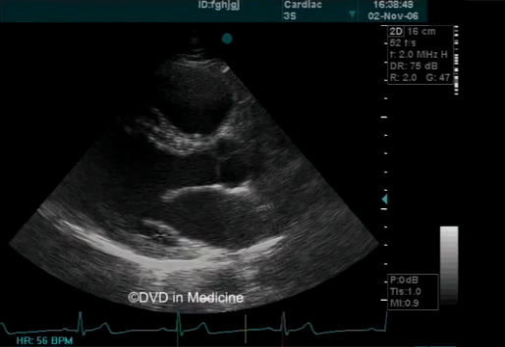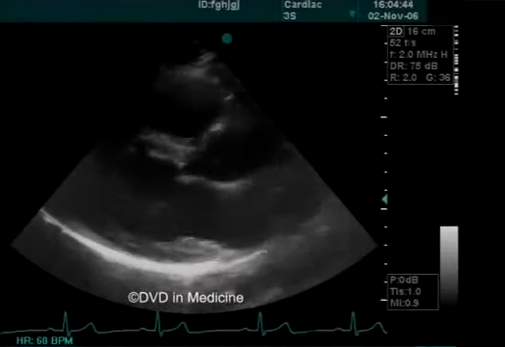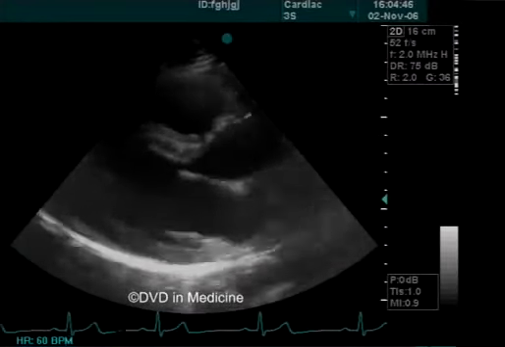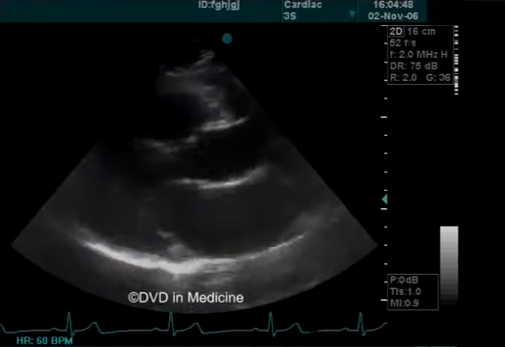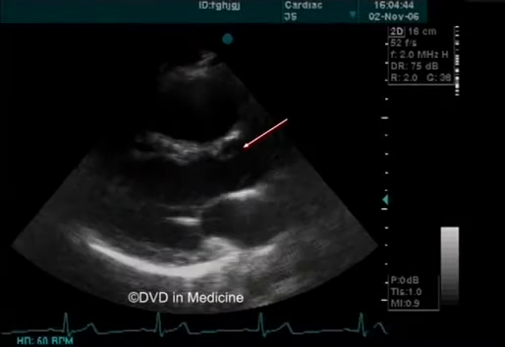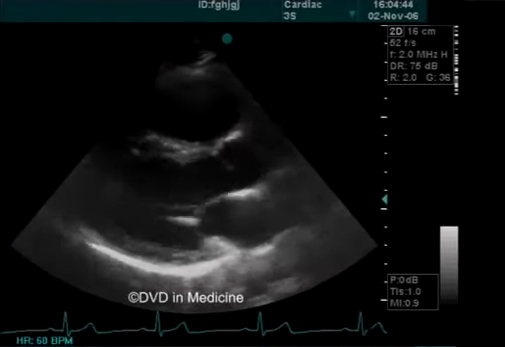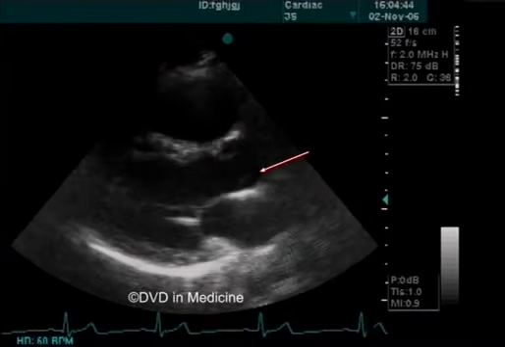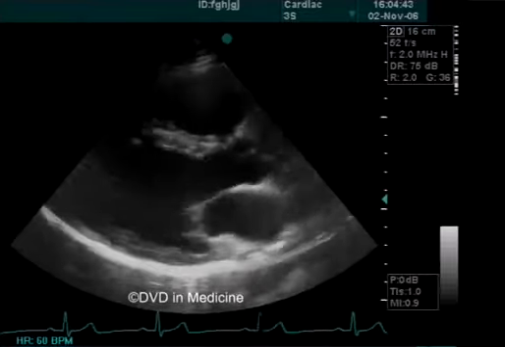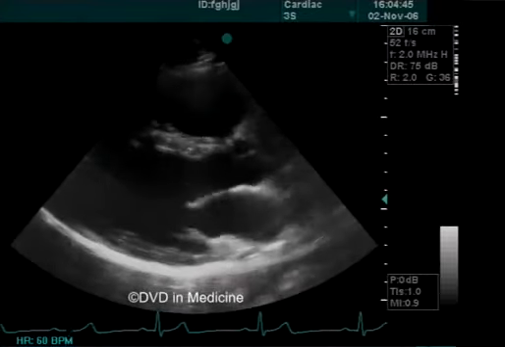The interventricular septum directly continues into the anterior aortic wall, and the anterior mitral valve leaflet continues into the posterior aortic wall. In the root of the aorta, one will see the motion of two aortic valve leaflets. The upper leaflet is always the right coronary leaflet of the aortic valve. The lower leaflet can be the left coronary or non-coronary leaflet of the aortic valve, depending on how the scanning